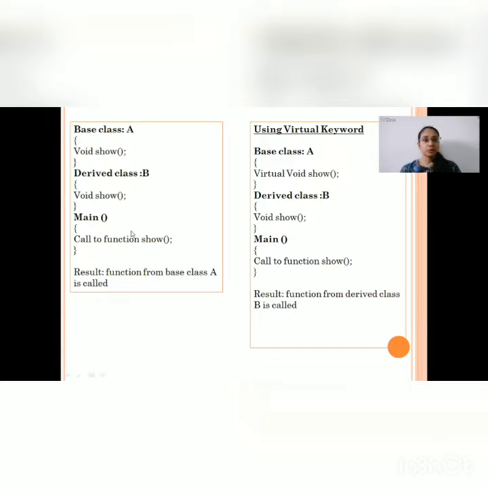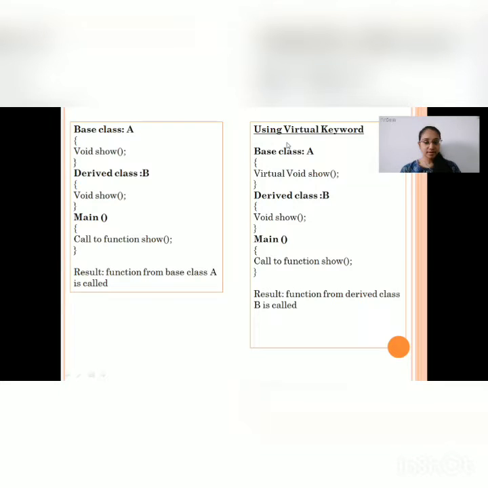Now, when this function is called from a main method, then only a function of base class is called. That means this void show function is called, not a function of derived class.